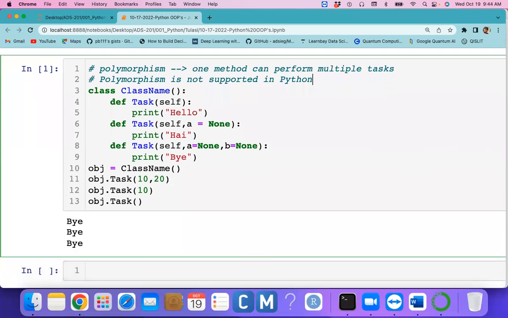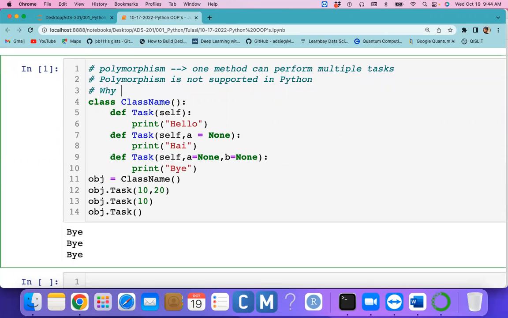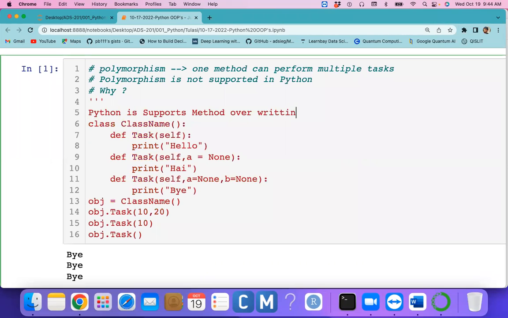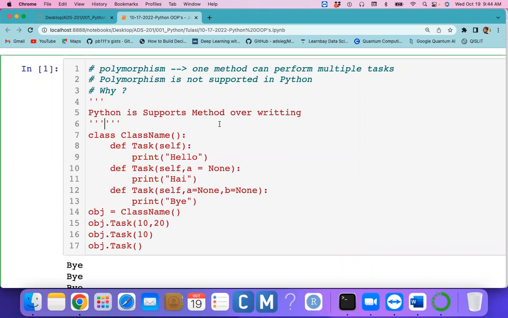You might be thinking, why? Because Python supports method overwriting. So because of the method overwriting,